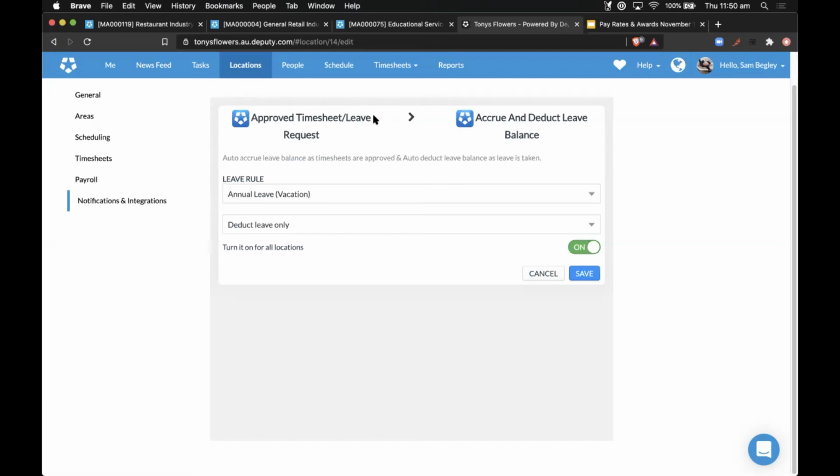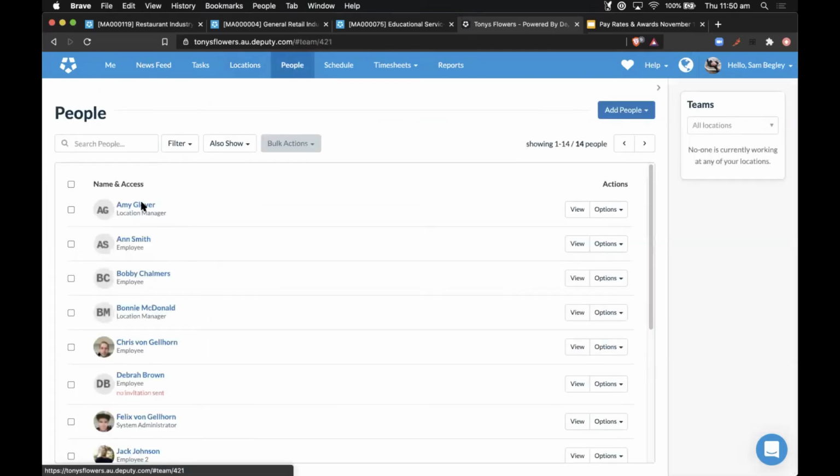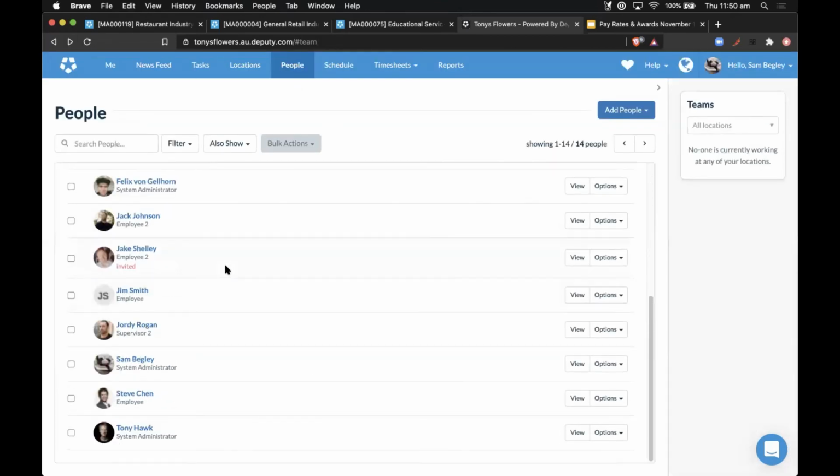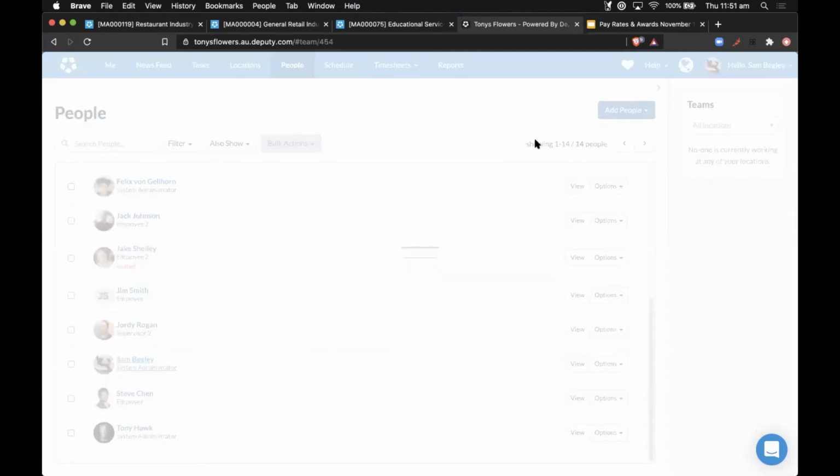Then what happens when an award rate changes? We answered that as well. When an award change happens, do the base rates get updated automatically? No, they don't. So you will actually have to update them as you've shown before. You have to go into someone's profile and update them manually.